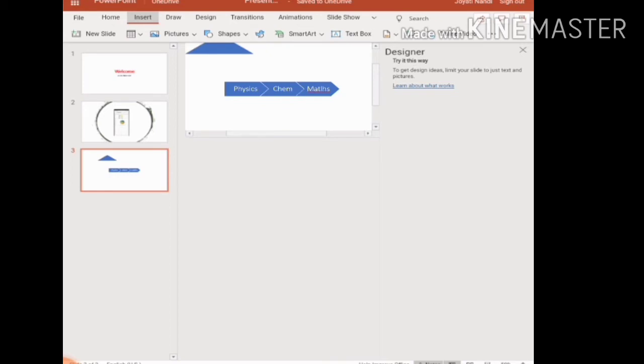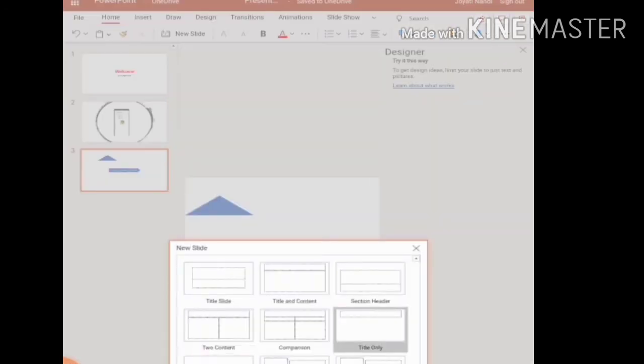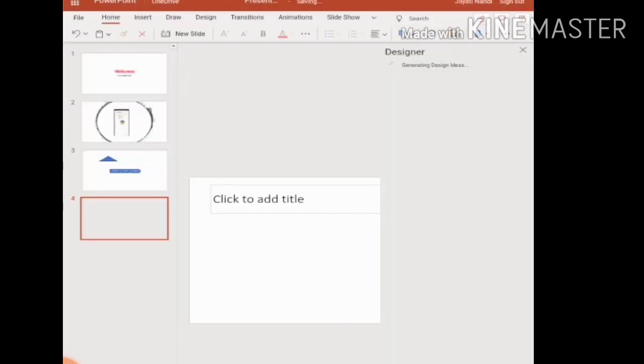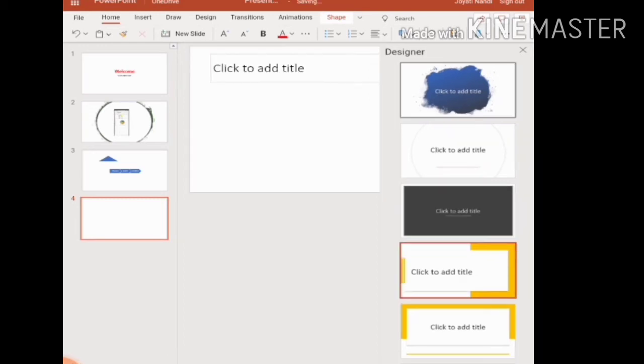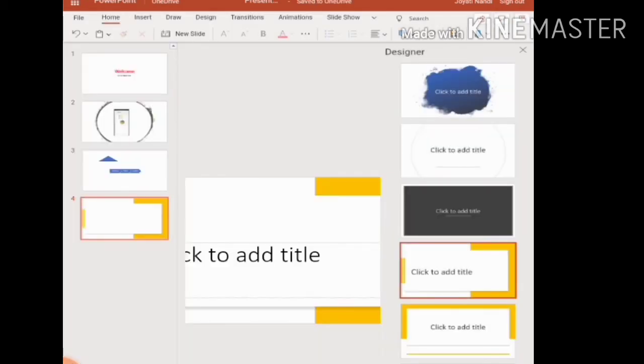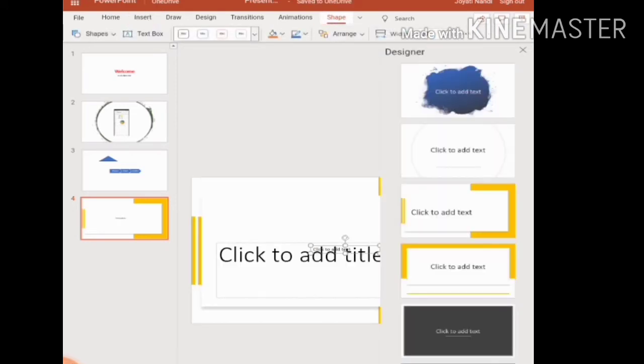So next one, I am going to the option for text box. So for this I want to insert a new slide, and then say click on this one and then add. Okay, in this new slide I want to enter the design. Say for this, my design is like this. Okay, and here in this box, I want to insert a text box. Say this one, the text box option is available. So see here, one text box has appeared here.